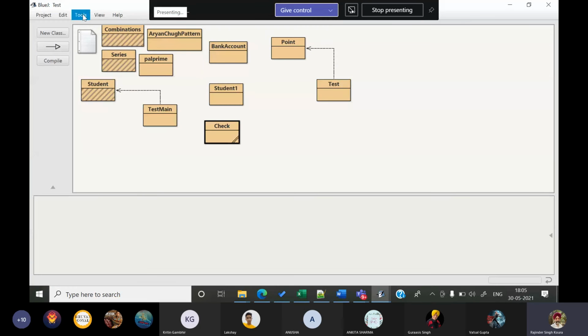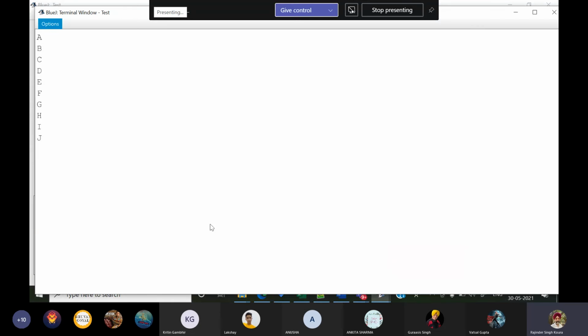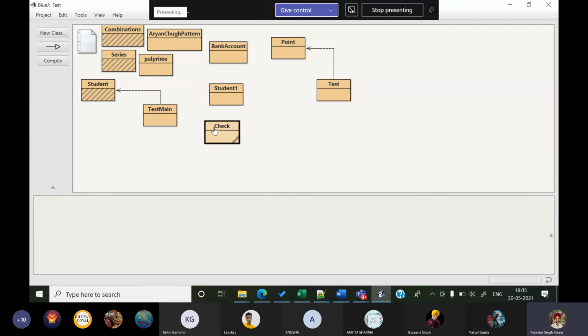Okay, it's not showing me the terminal window. Terminal window is somewhere there. Okay, so it displays all the characters vertically. So ये जब जब x की वैल्यू 0 होगी तो 0th वाला कैरेक्टर एक्सट्रैक्ट करके डिस्प्ले कर देगा, फिर 1 वाला, फिर 2 वाला, फिर 3 वाला, 4 वाला, and so on. And the loop is making sure that it cannot go beyond the length.